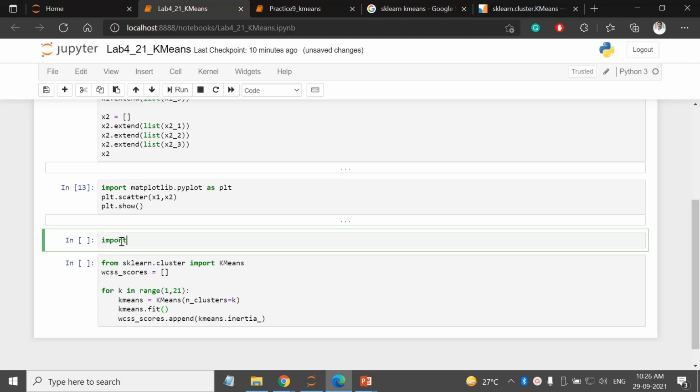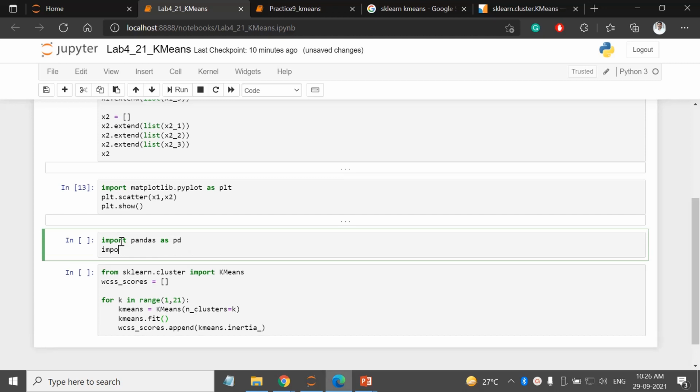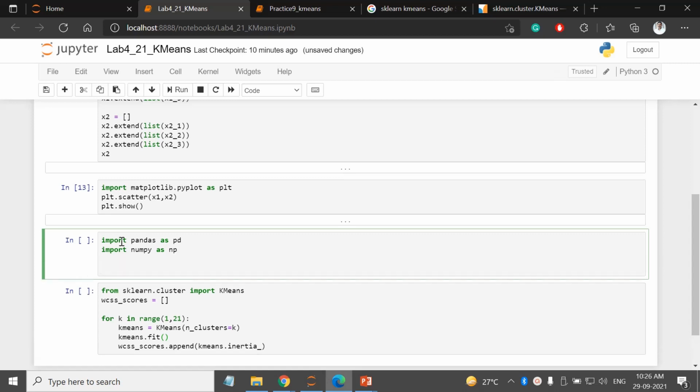The data frame is there in pandas, so import pandas as pd, and numpy as np. Then pd.DataFrame, and in the data frame you have to give a dictionary. So the first key name is x1, and the values are present in x1. Then the second is x2, and the values are present in x2.